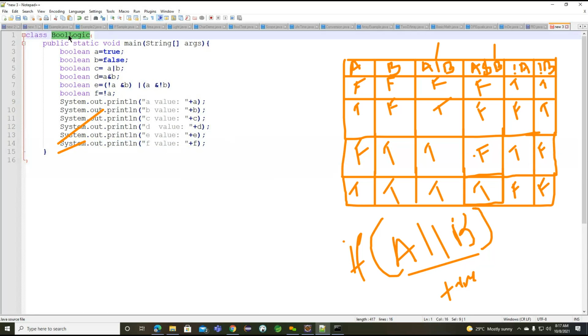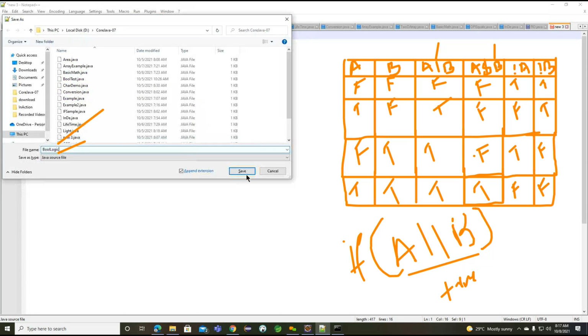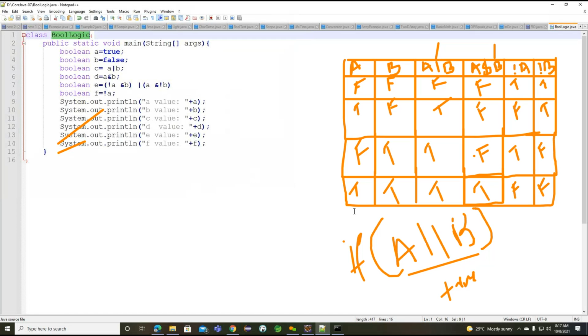Right, so Boolean logic. Okay, now we will try to understand each and every println statement. What is the value we are going to get here? Here we try to write the output. Let's see how we can write this particular output.